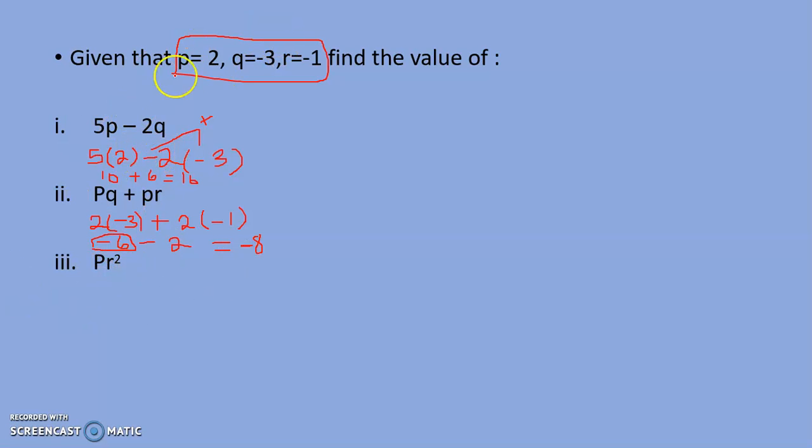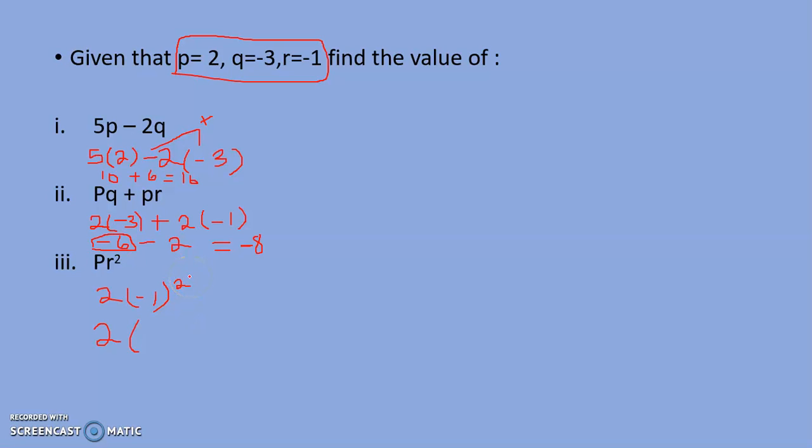3. Given that P equals 2, Q equals -3, R equals -1. So P times R squared. P, which is 2, times R, which is -1, and it is squared, so -1 all squared. Now this is where it gets a little tricky, and you have to be careful. So this is 2 times